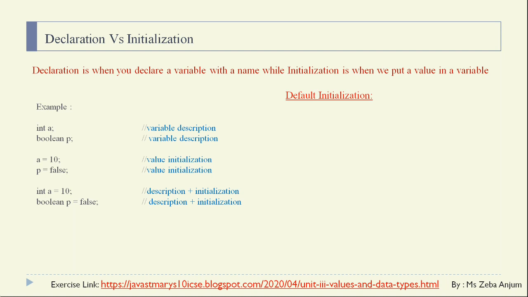Now see the difference between the variables. One variable we are declaring outside the main function, that means inside your class, your data members or your instance variables, you can say. Those are one kind of variable, and another kind of variable is the one you declare in your public static void main portion or in any other function. If you are declaring a variable in a function, then it is basically your local variable. And if you are declaring a variable outside your function, it means we are declaring instance variables. Then for those instance variables only, default initialization comes into play.